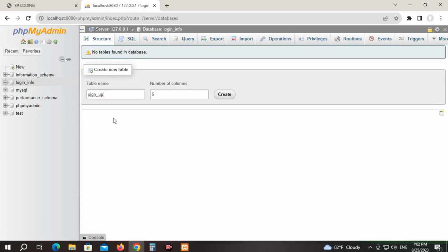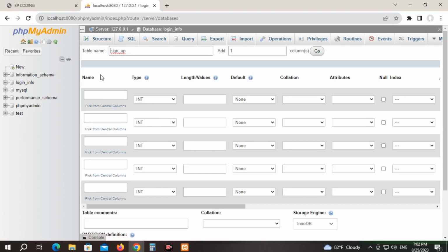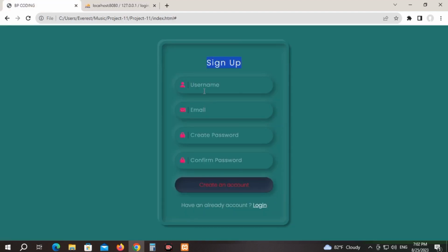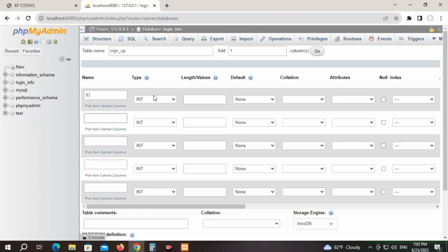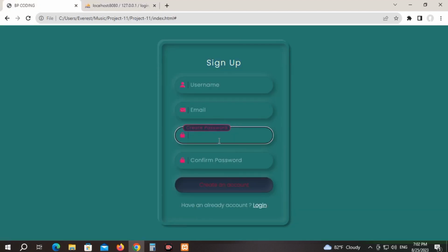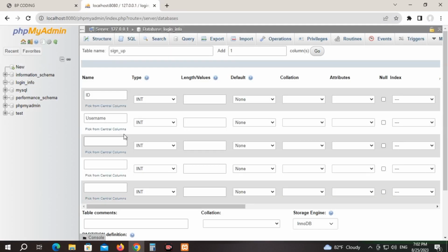I already told you don't put space or capital letter here. That's why I am writing sign up in small letters and here underscore. So let's create it. And in the first section, we have to write ID. And after that, username. So username, and in third, create password. So write down here password,